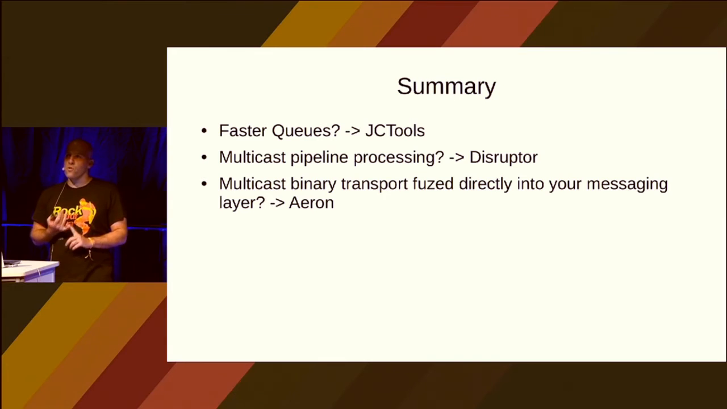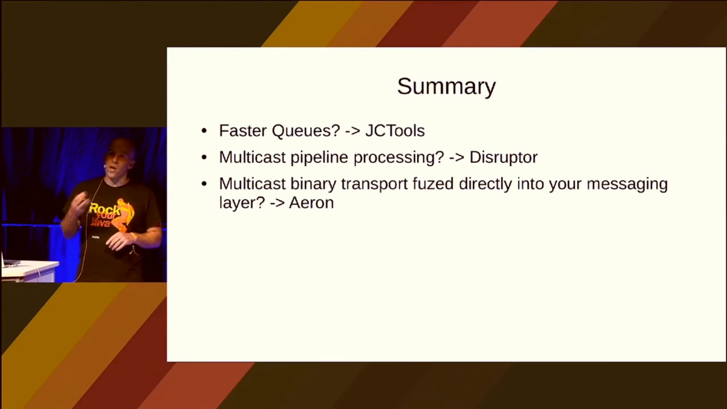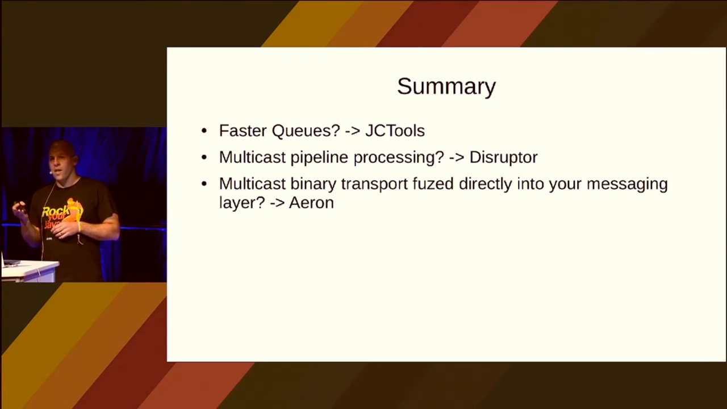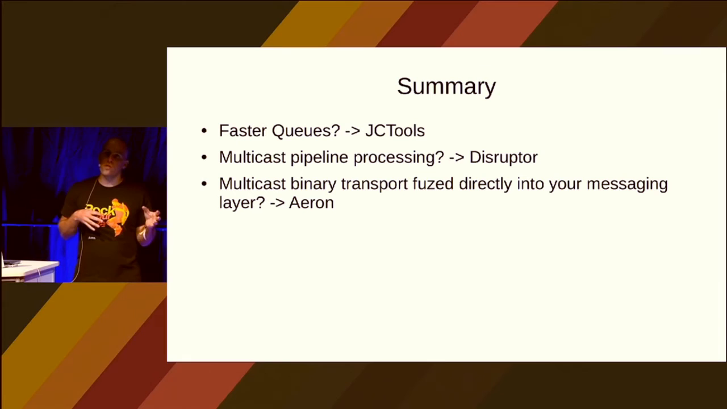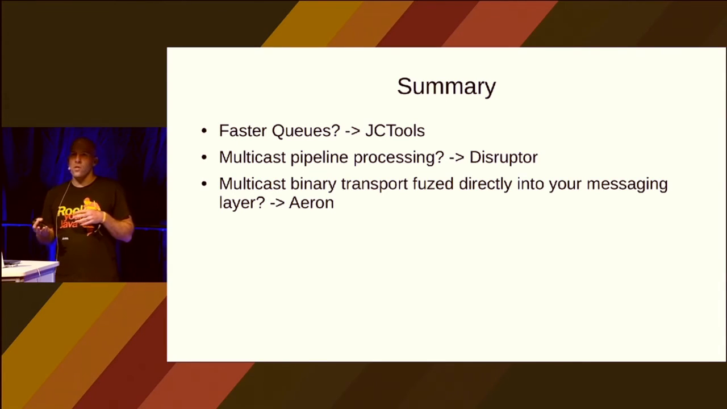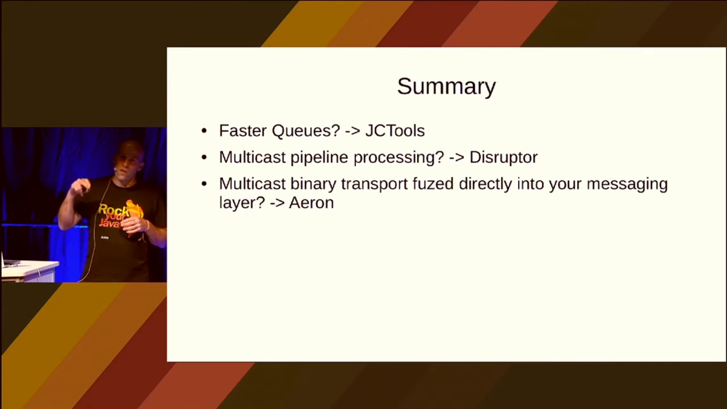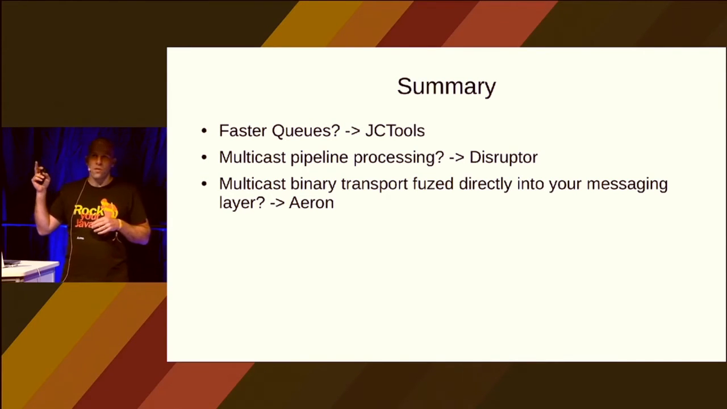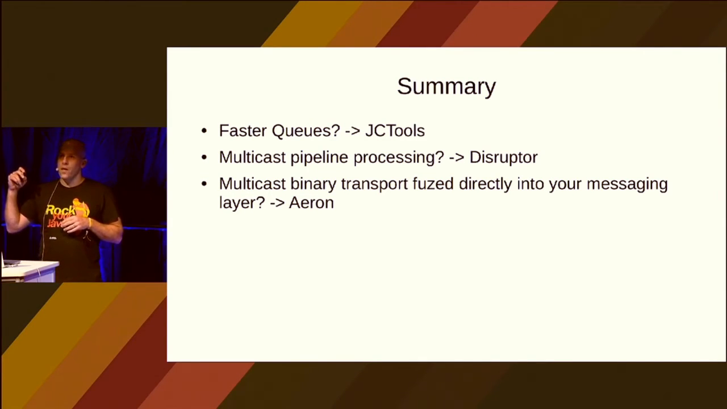Also, if you want to solve your object pooling while you're at it, the Disruptor might be just the thing for you. And finally, if you're trying to shift binary data between threads or between processes, Aeron is probably your best choice. The other benefit of Aeron, which I haven't pointed out in the slides, but with queues